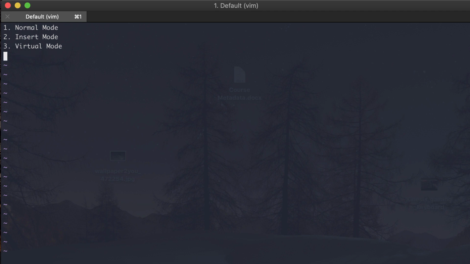And if you want to bring your changes back, basically undo, you press U. If you want to delete a word, but first, instead of moving character by character, you can move word by word. If you use W, it'll move word by word. And if you want to go back to the beginning